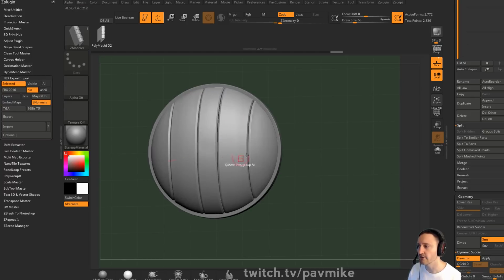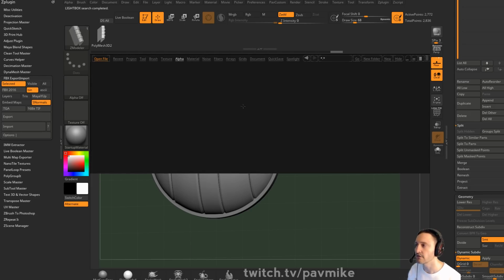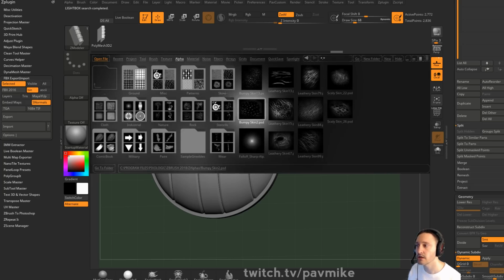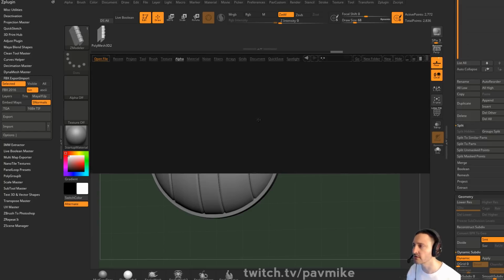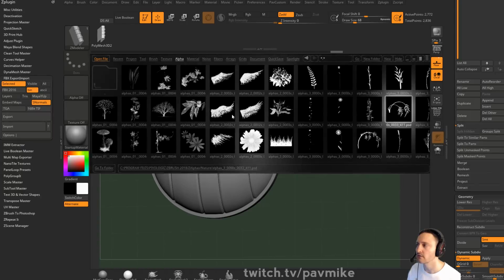You can do sculpting or drag alphas on here. Let's see if we have any texture. No alphas. I know I brought them in. There we go. What am I looking for? Nature, skins, patterns, stencils, comic book, military paint. Well, if you had wood stuff, oh, there it is, nature. So you could go through here and you could just drag out some wood grain on that,